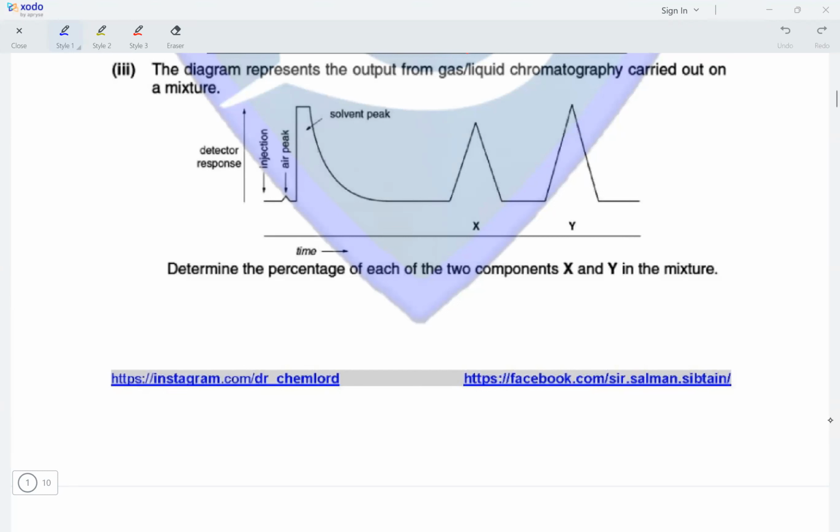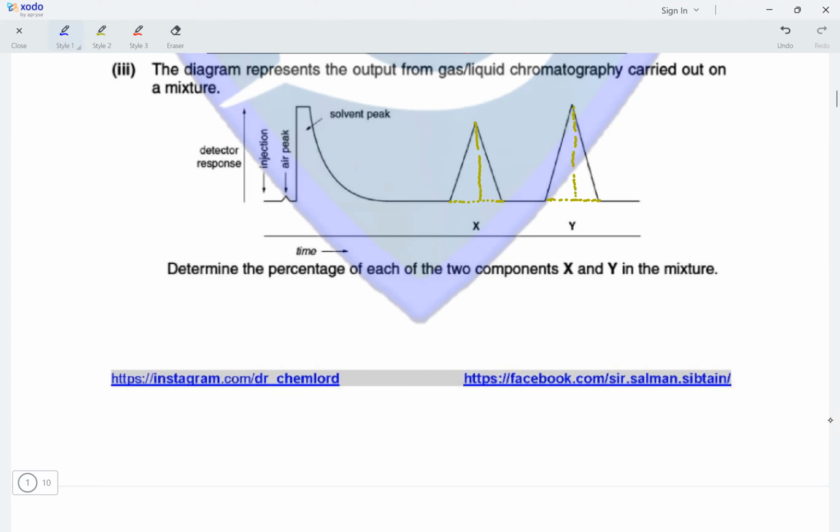The diagram represents the output from gas liquid chromatography carried out on a mixture. So the output shows us that there are two components in the sample, X and Y, and it asks us determine the percentage of each of the two components X and Y in the mixture. So in order to determine the percentage composition of each of these, what we would need to do is we would need to measure the base and the height of both the triangles X and Y using a scale,